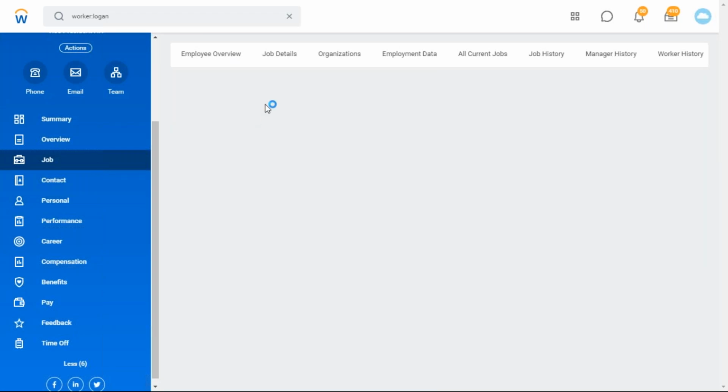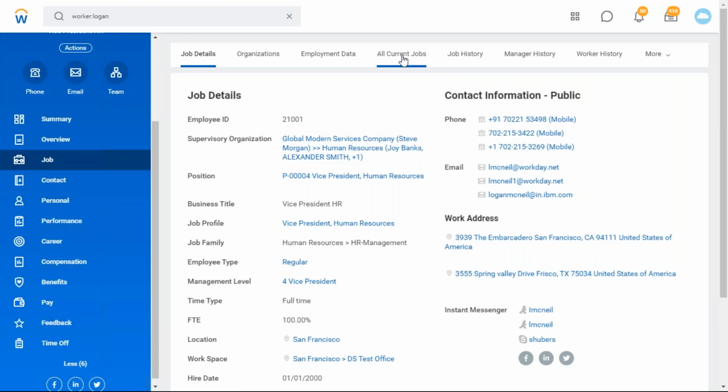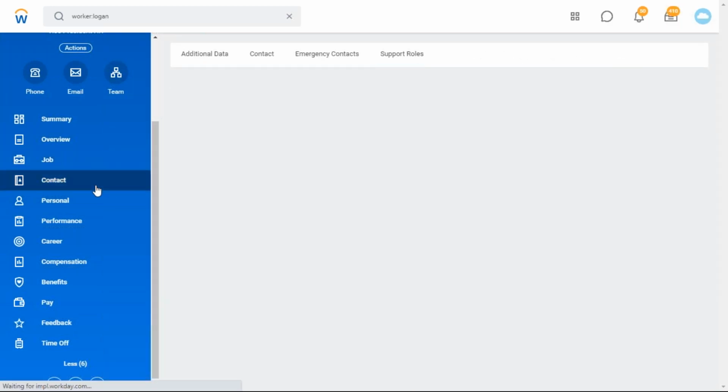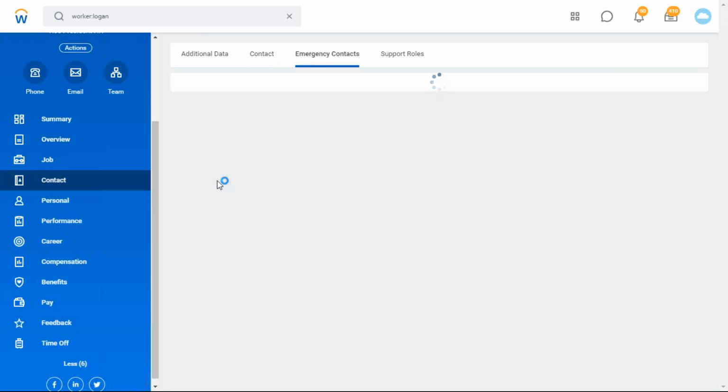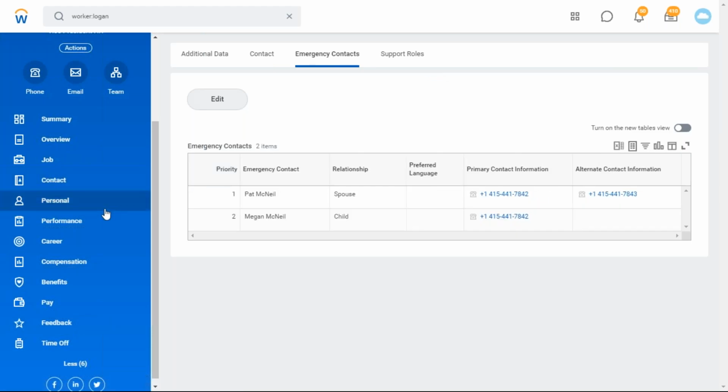If you are the HR, you can view the job information. Or manager, you can view the job information. You can view the contact information. You can view the personal information.